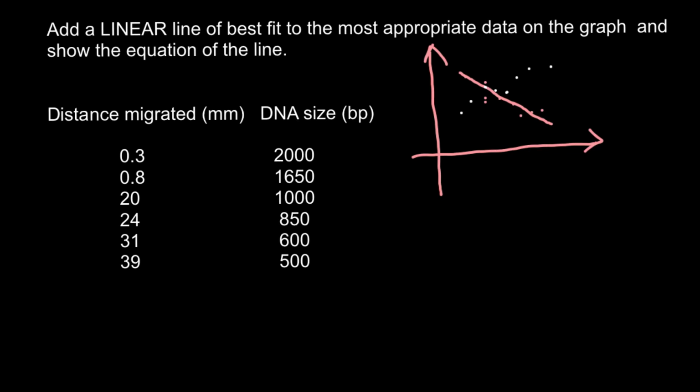It shouldn't be a perfect line. If we connected all the points, we would get a line like this, but according to our problem we have to find some position that would be in the middle of all the points,